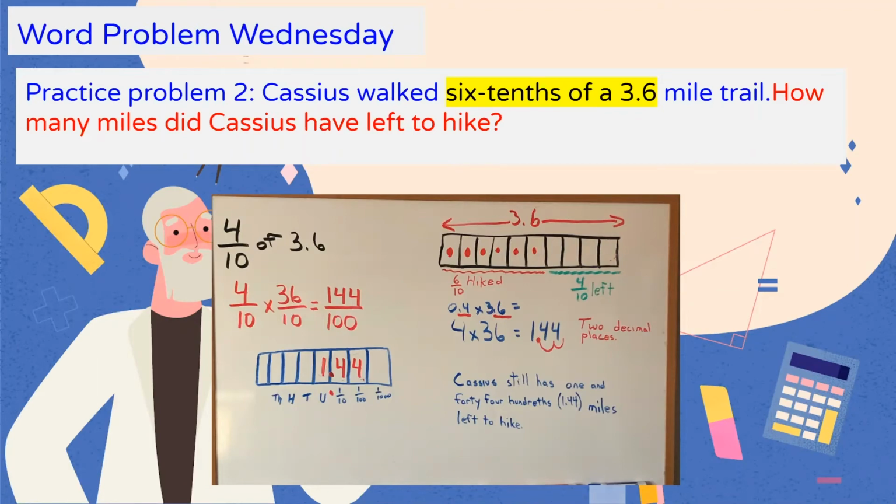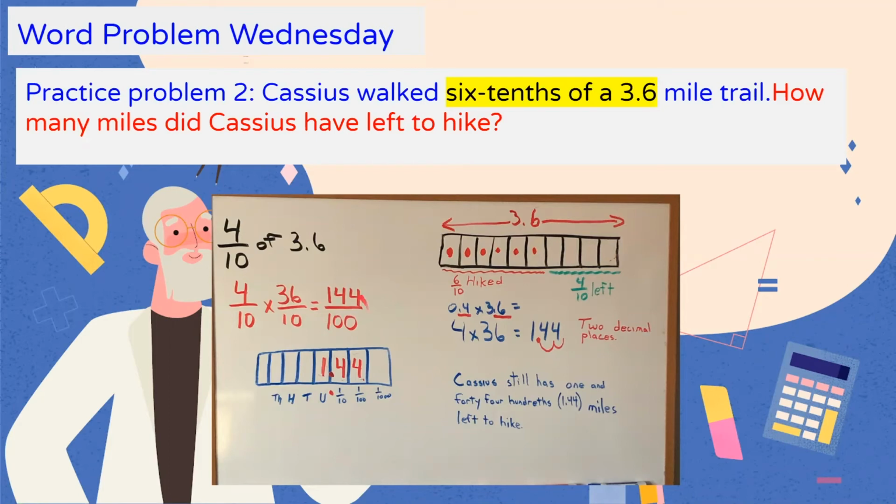I drew a tape diagram, and I knew that, again, I first put our overall units, 3.6 miles. And then the question was, he had walked 6/10. So I was able to mark 1, 2, 3, 4, 5, 6. 6/10 is what he had hiked so far. So they wanted to know how many miles did Cassius have left to hike. Well, we know that he had 1, 2, 3, 4/10 left. So now we can go back and we have our fractions. 4/10 of 36/10 is equivalent to 144